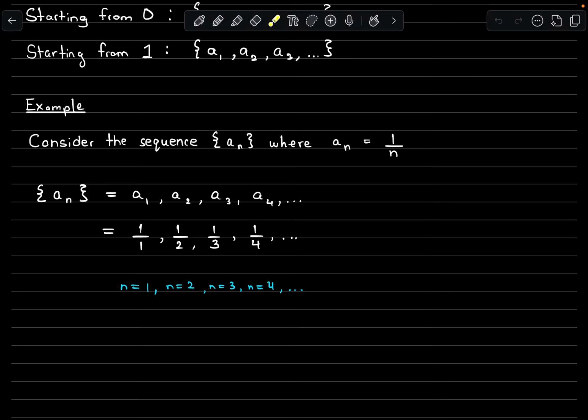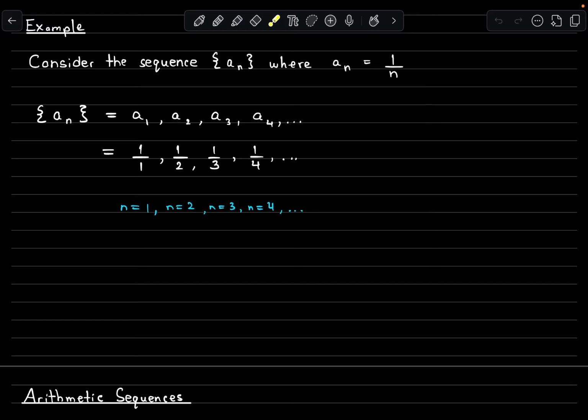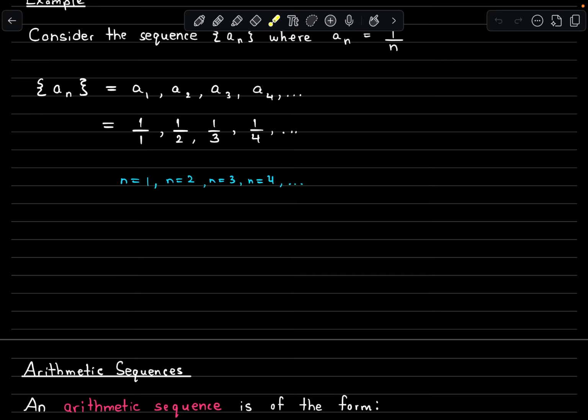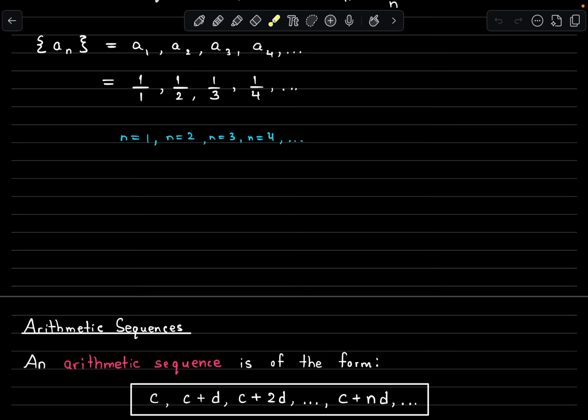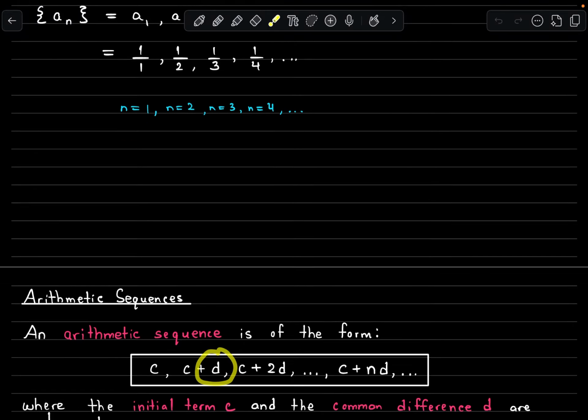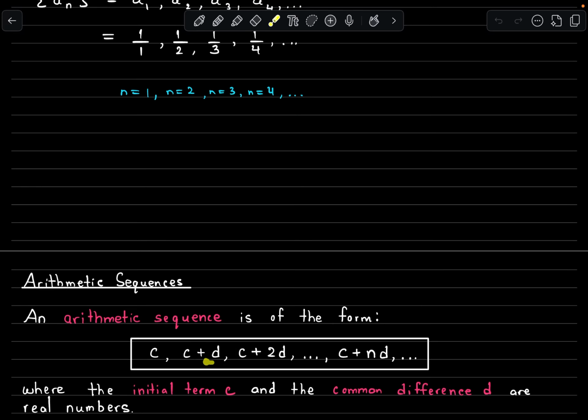So that was a really simple example of a basic sequence. Now, like I said before, we've got different types of sequences and different types of formulas that will help us determine the next term in that sequence. The first type is what's called an arithmetic sequence. An arithmetic sequence is of this sort of form. You've got some value c that you're starting off with, and to that value, all we're doing is adding some term d, which is called the common difference. From term to term, you just keep adding it. You just tack on another